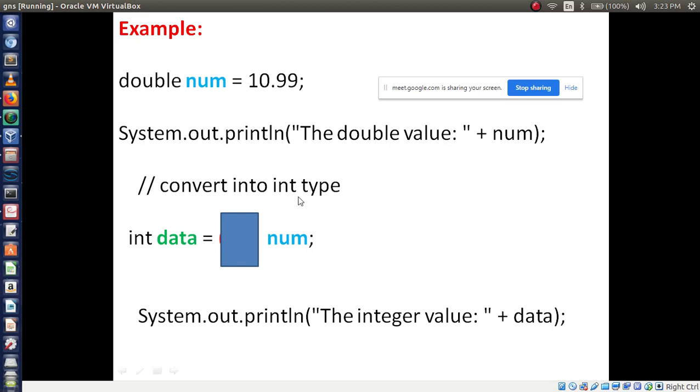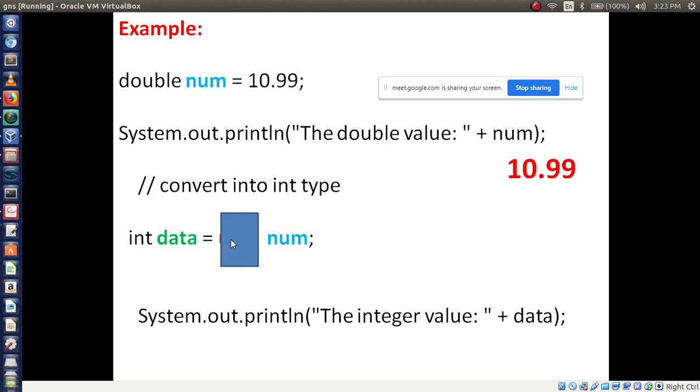Then convert into explicit type. To convert into explicit type, please concentrate on this line. Int data means we are converting from double to int data type. The variable name I have taken is data. Num has the value 10.99. This value should be converted into which type, that we have to mention.